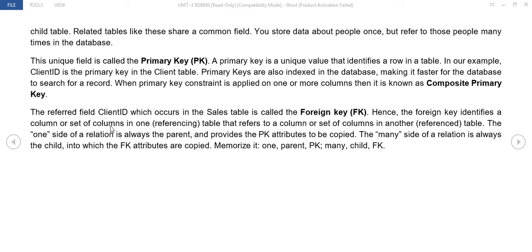The one side of the relation is always the parent and provides the PK attributes to be copied. The many side of the relation is always the child, into which the FK foreign key attributes are copied. Memorize it. One parent PK, many child FK.